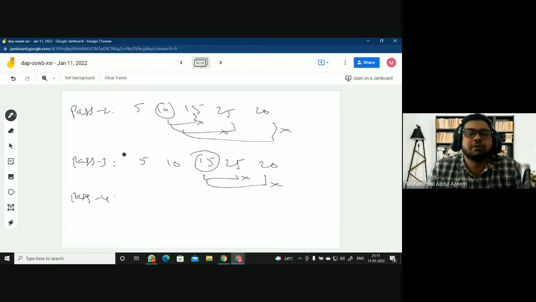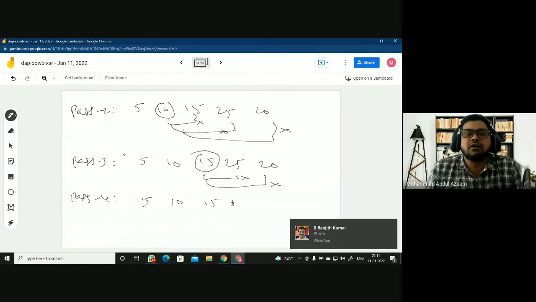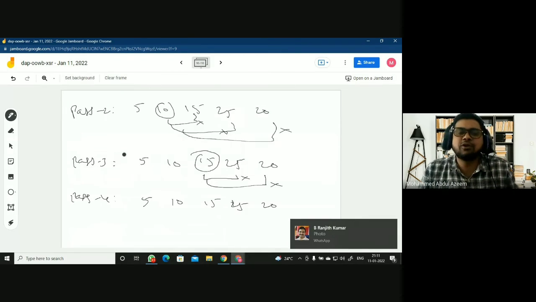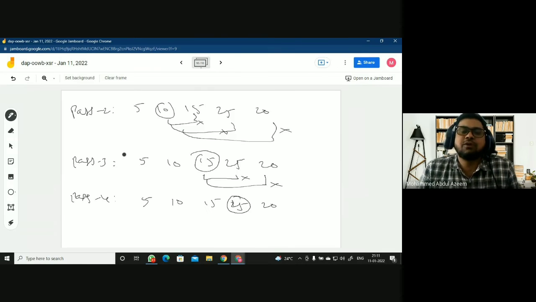So now you go with pass 4. You got 5, 10, 15, 25 and 10, 20, right? So now the next element to be selected is the index value 3, which is nothing but 25 rather, right? So now you do the same process, comparing it with the subsequent elements, because the elements before are sorted. Whatever position that you have selected, they are all getting sorted. So you need not bother about them. You need to bother about only the rest, right?